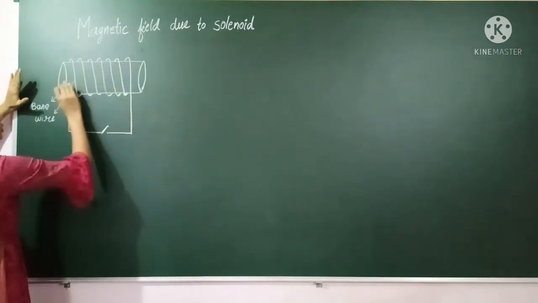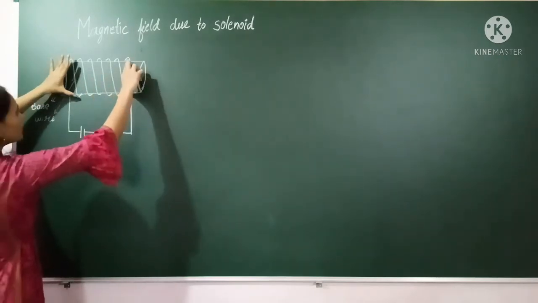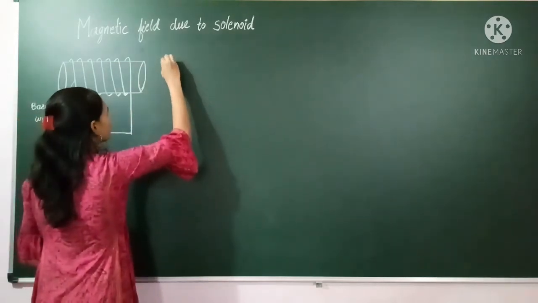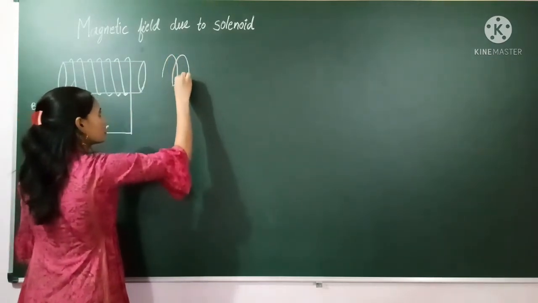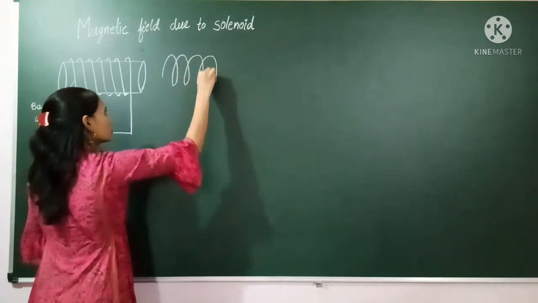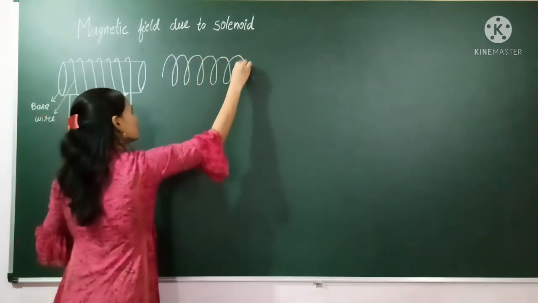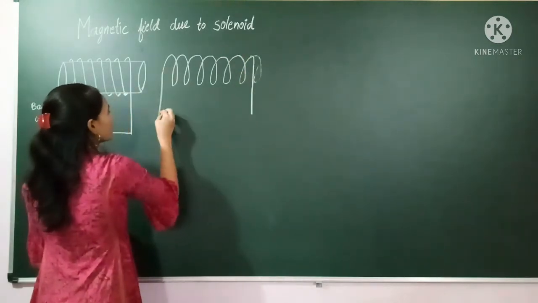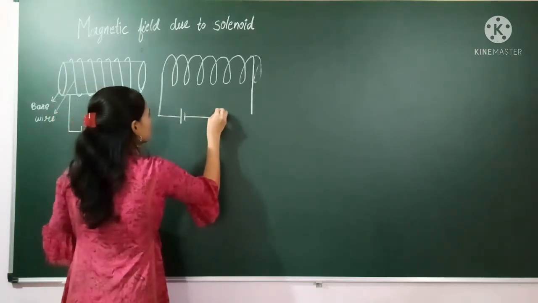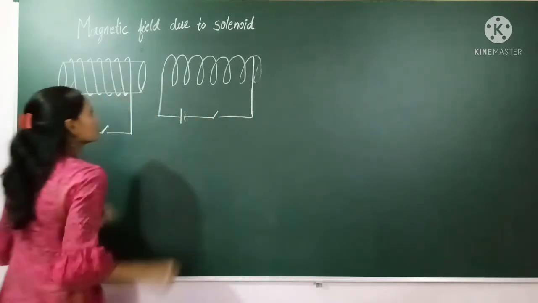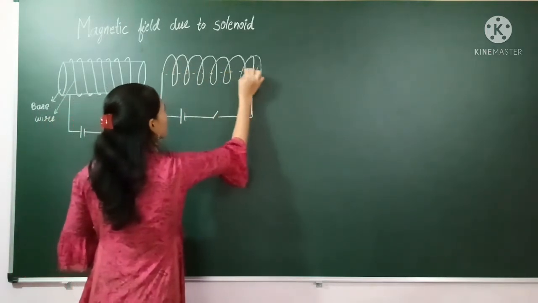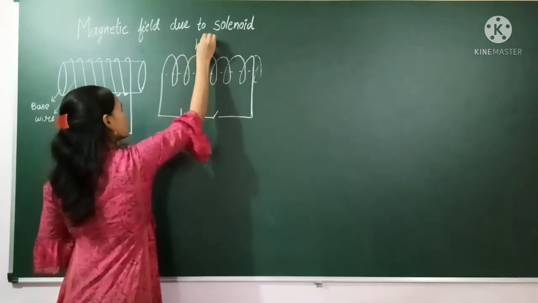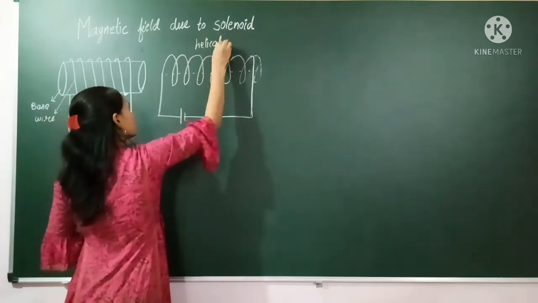These wires are closely arranged, and if you take only this wire structure, it appears like a helical spring. You have seen a helical spring, no? All the coils are concentric, meaning all those coils have the same center, like a helical spring, and we connect this spring to the battery. If you take the center, all will have the same common center.